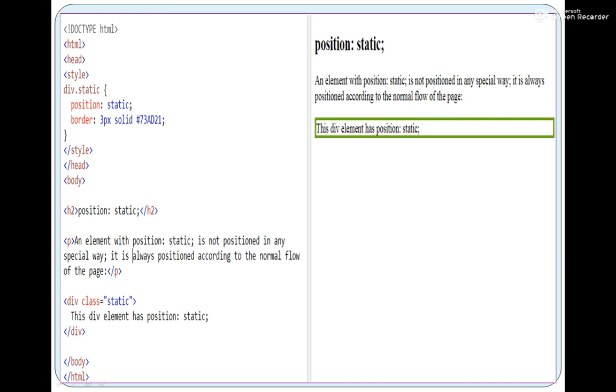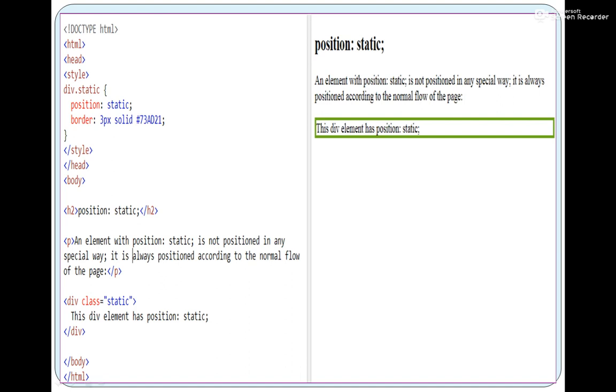I hope you remember this type of selector we had seen in an earlier lecture. If you are not getting it, you can go back to the lectures to revise so that you will understand what I am telling. We have already covered this. So this static class is called. Agree? So now what styling is given here? Position is given as static. Means we are using the static type, right?